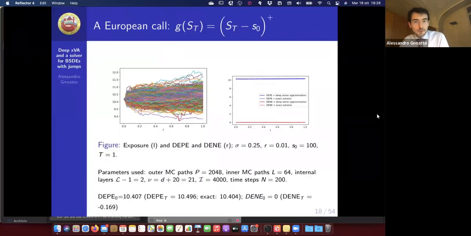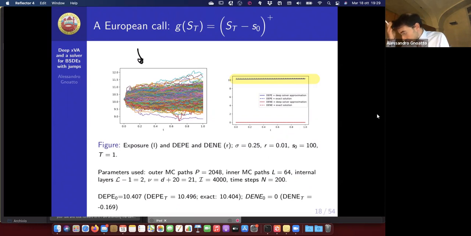So we also have a slightly more interesting example. Now I'm pricing a call option on an asset. Practitioners from the xVA area know that the exposure profile of this contract is merely a straight line. And you see again that I have a very good agreement between the expected positive exposure provided by the solver and the one provided by the closed form formula, which is essentially given by the Black-Scholes formula. And these again are paths of the option price, not paths of the underlying. Let me stress this again. These are paths of the option price.